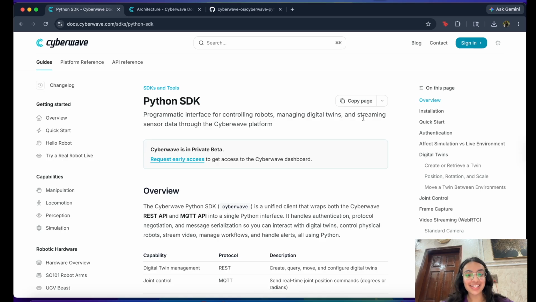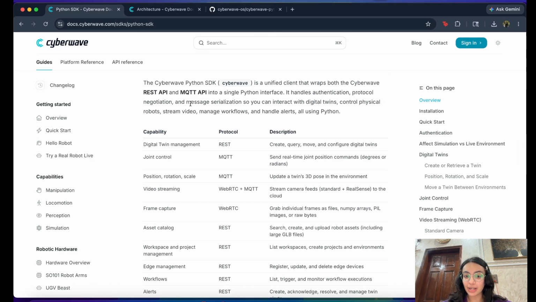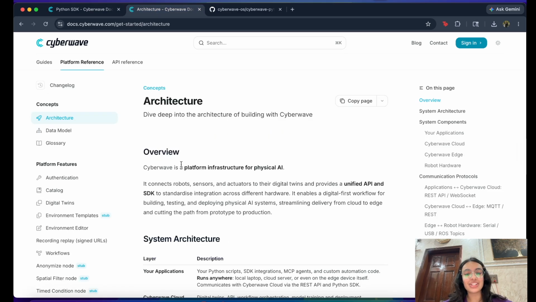Phase 2 of building this agent focuses on developing the Python application that powers the entire agentic loop and its core features. So let's build that next. We'll be using the Cyberwave Python SDK to remotely operate the robotic arm and execute actions based on the motion plan generated by the VLM. Conceptually, the workflow is very straightforward.